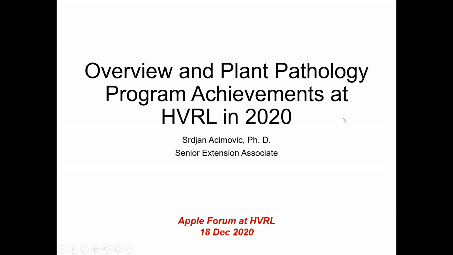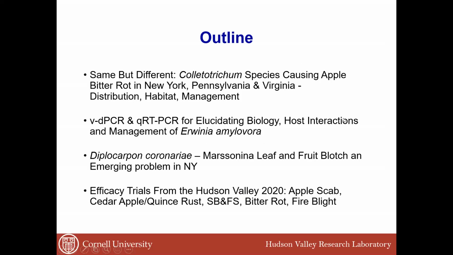Okay, thank you. So today I will cover 4 sections of this talk. First of all, I'll talk about the Colletotrichum species and their identification, which are behind the group of species that cause bitter rot in apples. And we're going to talk about the Mid-Atlantic region, including primarily New York, Pennsylvania, and Virginia. And we're going to talk about distribution, habitat, and management of these different species in terms of